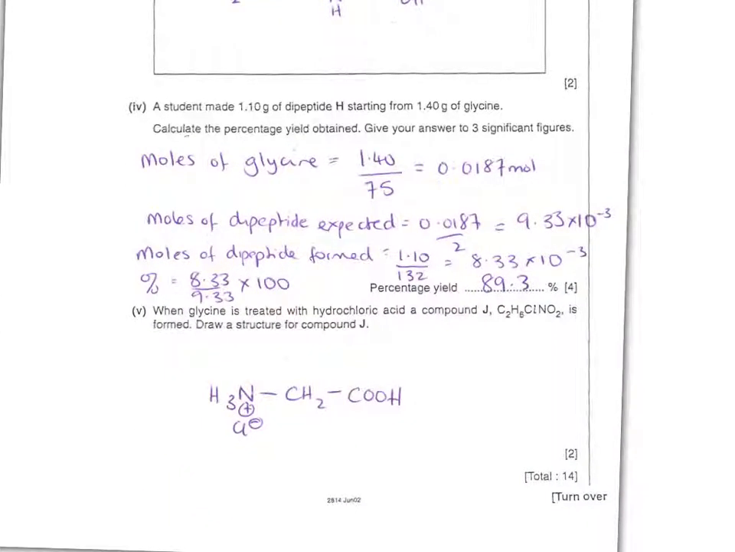A percentage yield is quite a common question in F324, where we've got large molecules. We might need to think carefully about how many moles of product we're expecting and how many moles of product we actually get. Now often the molar ratio of reactant to product is 1:1, but in this case, because we're making a dipeptide,